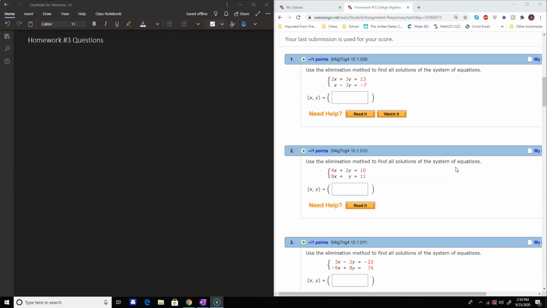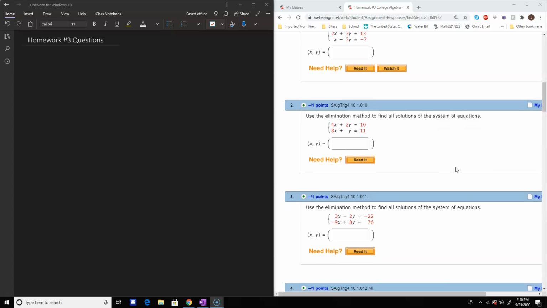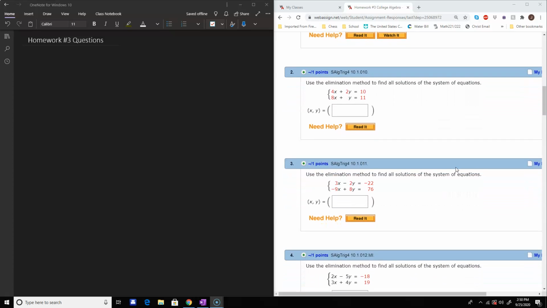I just wanted to go over a couple of these homework questions, just so everyone's clear if anyone was having any difficulties. So why don't we jump right in? We'll go through about 4 or 5 of them. Probably the word problems at the end are giving the most problems, but let's review at least one of the elimination method and one of the